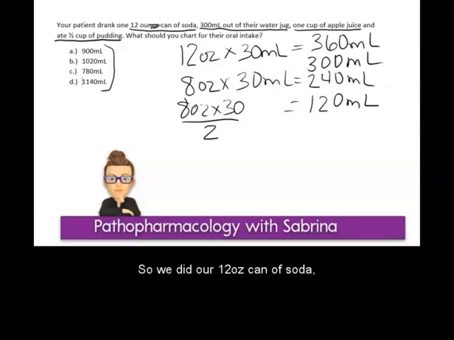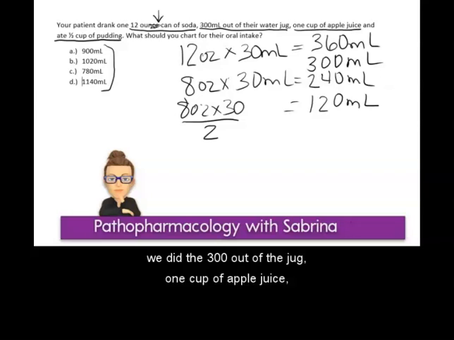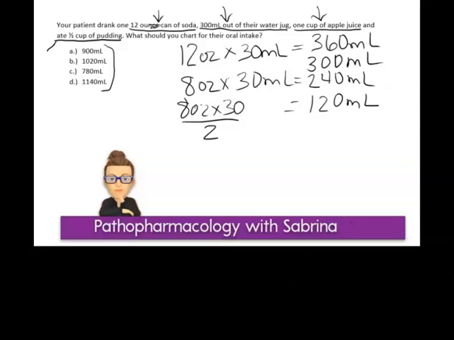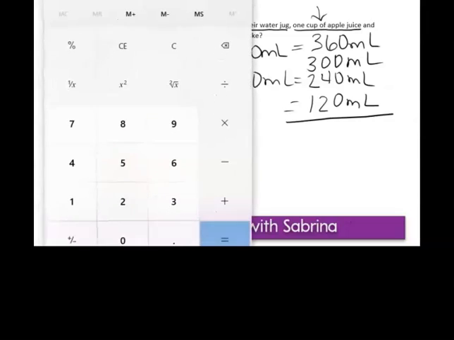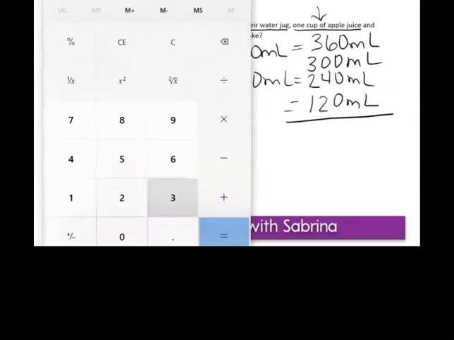So we did our 12-ounce can of soda, we did the 300 milliliters out of the jug, 1 cup of apple juice, and 1/2 cup of pudding. So now we can add that all together. 360 plus 300 plus 240 plus 120 equals